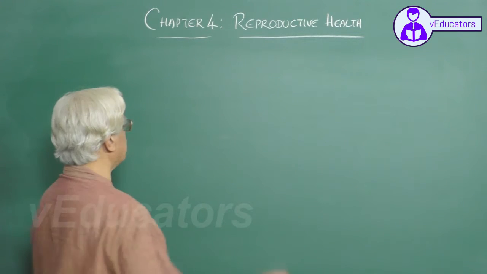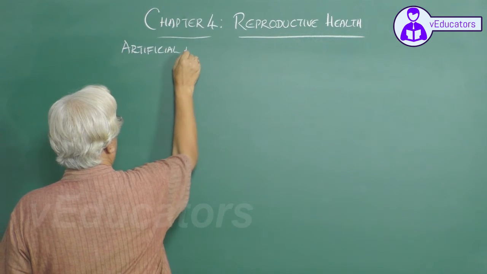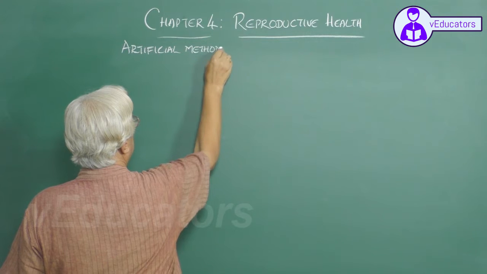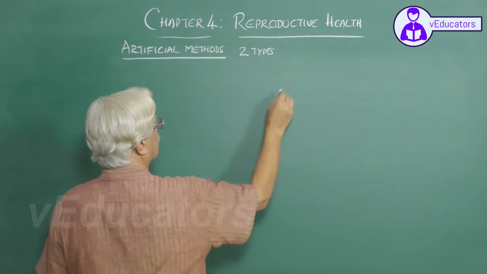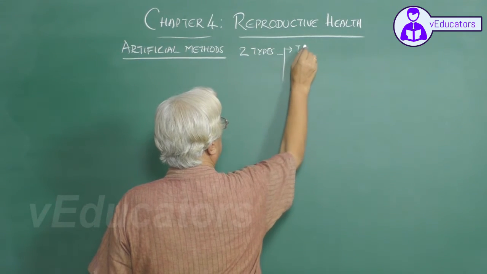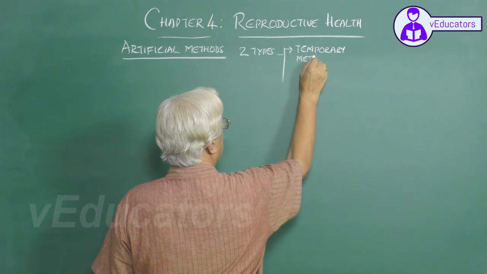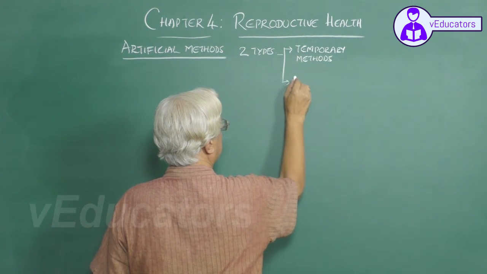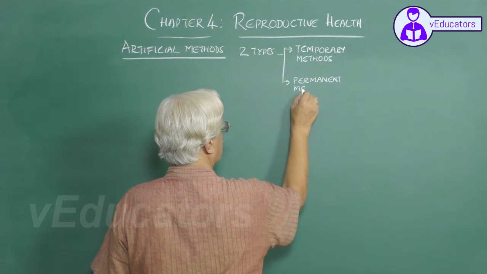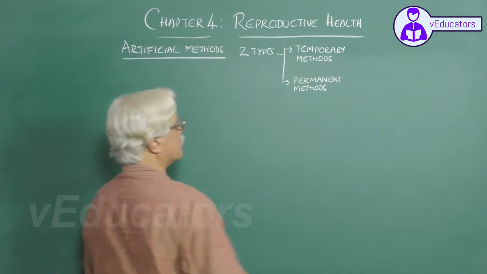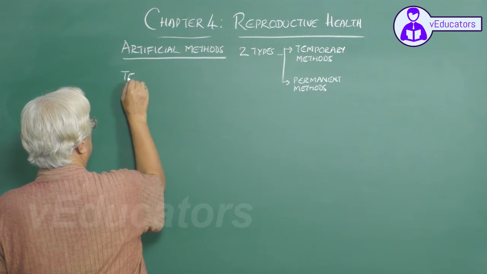Coming to artificial methods of birth control. The artificial methods can be classified into two types: temporary methods and permanent methods. Temporary methods and permanent methods. Temporary methods